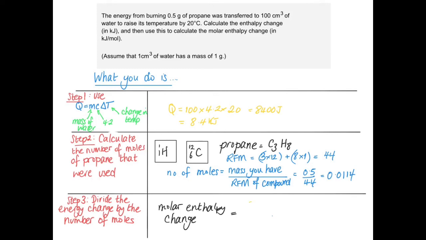So it's 8.4 kilojoules divided by the number of moles that we used, which is 0.0114. If you put that in the calculator, the answer comes out to be 737 kilojoules per mole. So the molar enthalpy change